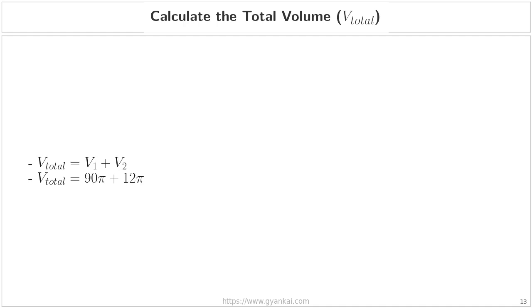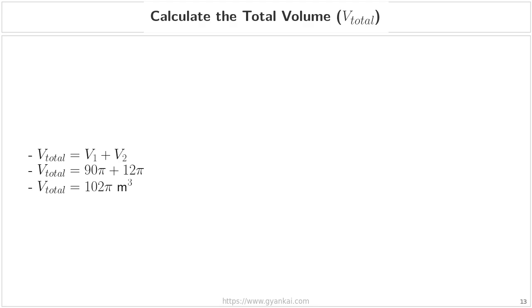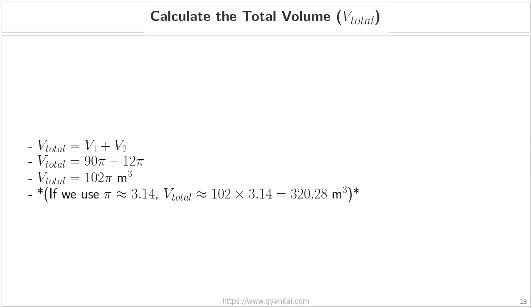Substituting our specific results from the previous slides, we have 90 pi plus 12 pi. When we combine these like terms, we get a total volume of 102 pi cubic meters. Now, if you are working on an exam and the question asks for a decimal approximation, you can substitute pi with 3.14. Multiplying 102 by 3.14 gives us a final approximate volume of